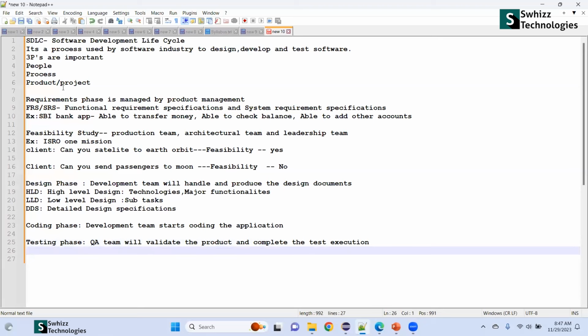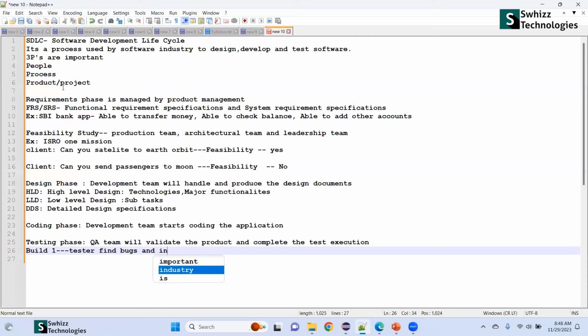When development is done, build one is ready. They give one build as one hyperlink. Suppose it's build one; they mention it at the end of the hyperlink and give it to the testing team. The testers find some bugs